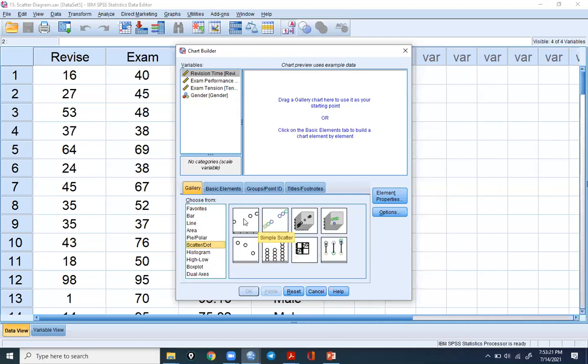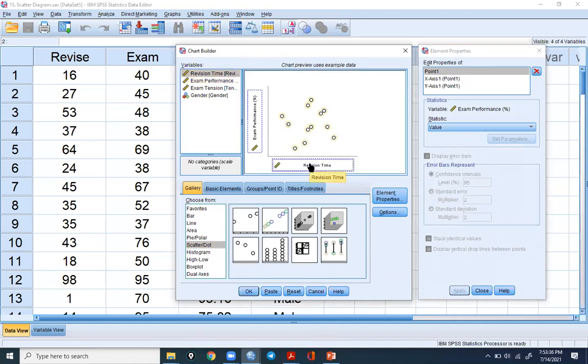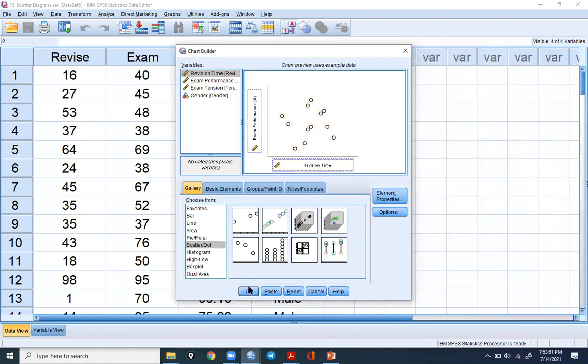I need only the simple scatter diagram, so I just drag and drop it here. I am taking exam performance as the dependent variable and revision time as the independent variable. As we increase revision time, naturally exam performance may be better. So there is a positive correlation between the 2 variables. And then close here and OK.